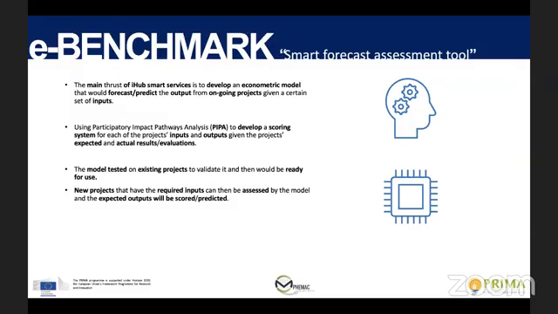The e-benchmarking or smart forecasting assessment tool. This is how we hope it will turn, one day, into a real forecasting tool for pre-projects. Again, this is actually the start, and this could be reached when we have enough data. We have this hype of big data analysis, and with more data, we can actually